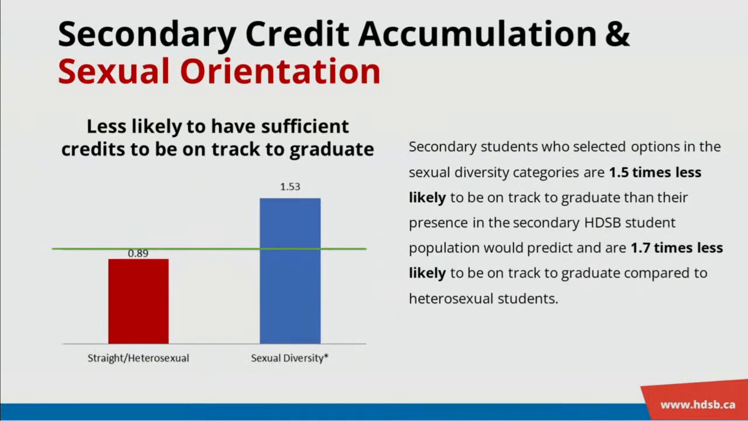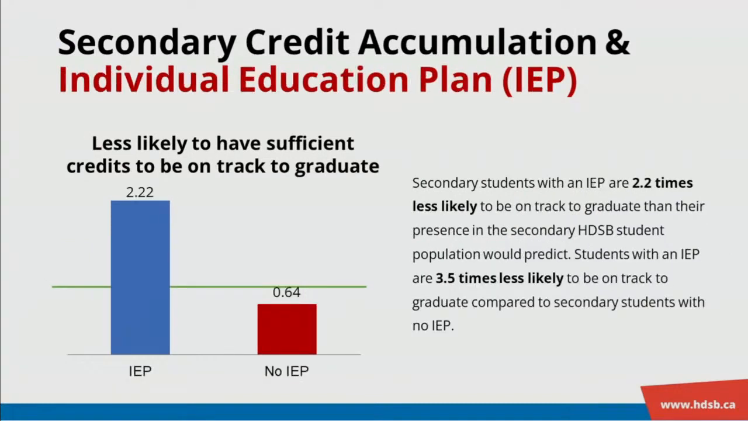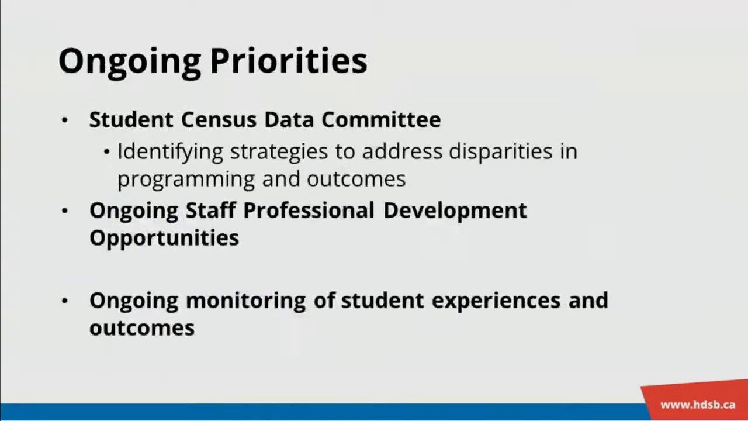And similar to our elementary students, sexual diverse students are 1.5 times more likely to not have sufficient credits to graduate. Similar to our multi-language learners, 1.5 times more likely. And similar to elementary, students with an IEP are 2.2 times more likely to not have sufficient credits to graduate on time. So in terms of our next steps, there are a number of ongoing initiatives and priorities that